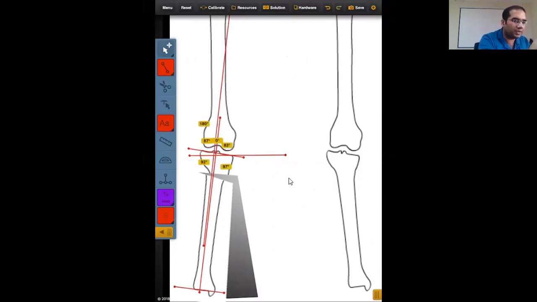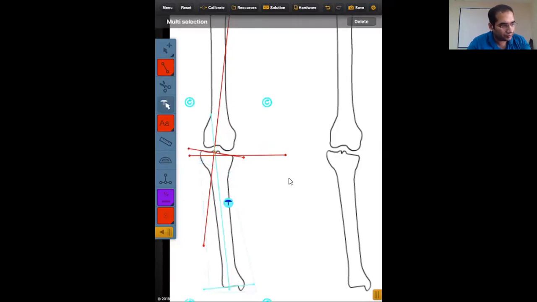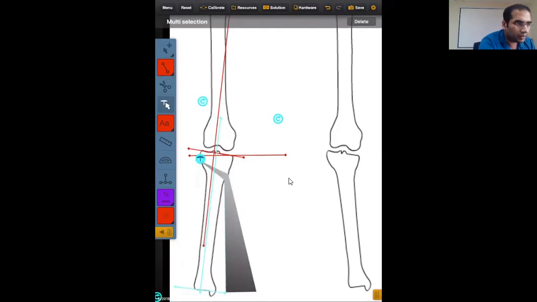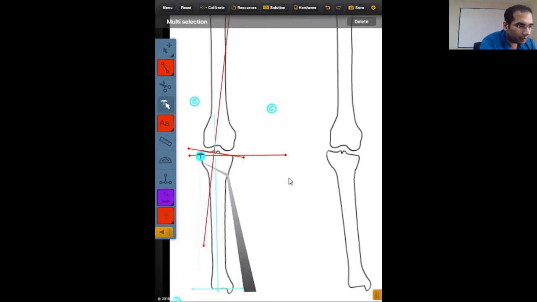Okay, the other option, the easier option, is I plan my osteotomy in such a way that it is as close to the angulation correction axis. How can I plan my osteotomy right now? I would start by this and I will go oblique. Okay, I would do an oblique osteotomy, and then let's keep the hinge all together over the axis.